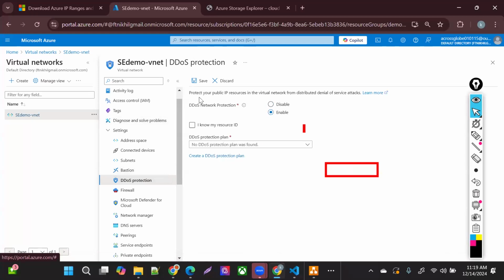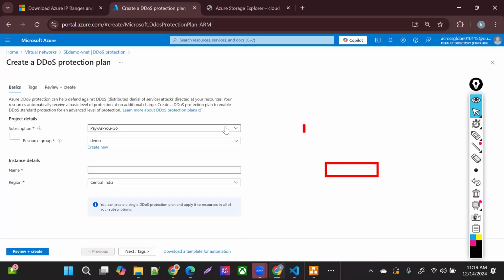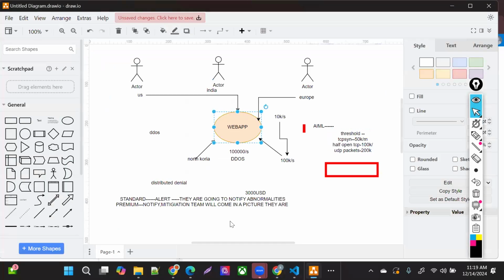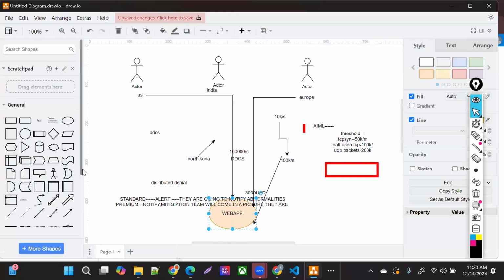Once I enable the DDoS on that VNet level, whatever resources come inside this VNet, whether it's a load balancer, an application gateway, a virtual machine, a front door, or whatever else, they are all going to be covered inside this DDoS plan. DDoS covers all the resources that have a public IP address, because of the front-end communication. Like your web app will have some public IP, and that public IP is going to be attached to the DDoS plan inside that VNet.